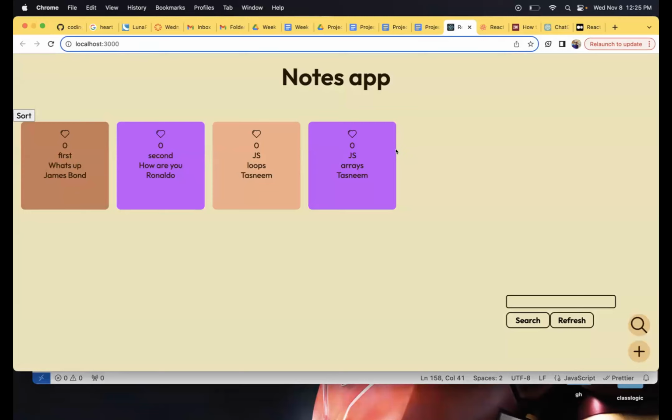All right, so like I said, let's have some fun with the CSS now. So we have a sort button over here. Let's not have a random button floating around and just add something to this. So the idea is I'm gonna add a more option over here. If you click that, then these buttons are gonna show up and you can use them just the way you want. How does refresh section work?